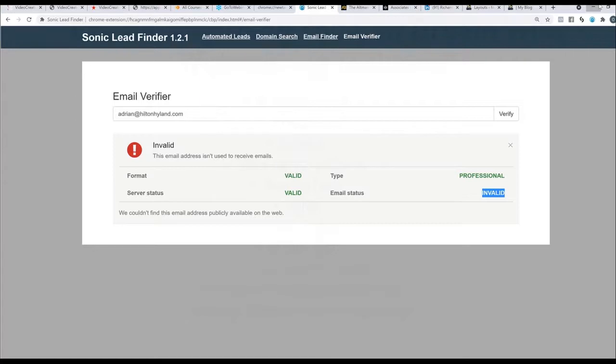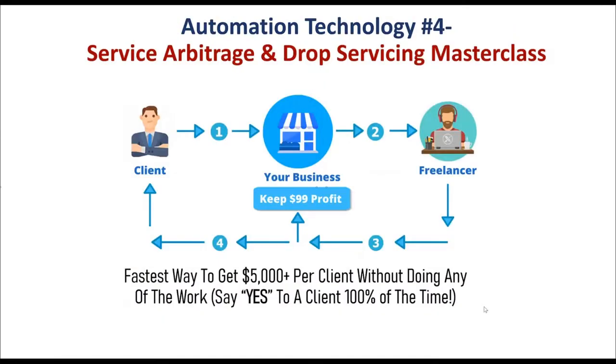So the idea is very simple. You get a client, and I'm going to coach you every step of the way. My team and I are going to help you every step of the way on Skype to make this possible. But let's say a client wants to have a website developed, or maybe they want to do some editing or SEO stuff, or maybe they have something like a restaurant and they want to make some graphic flyers or whatever, right? All you have to do is say yes to every single thing that you can offer them,